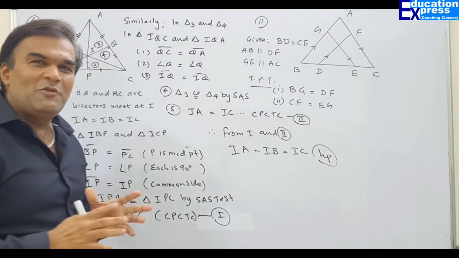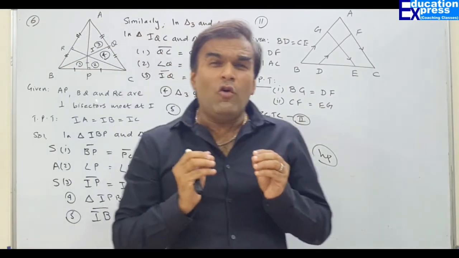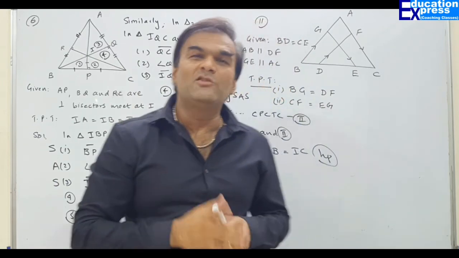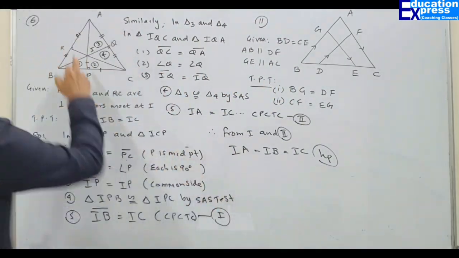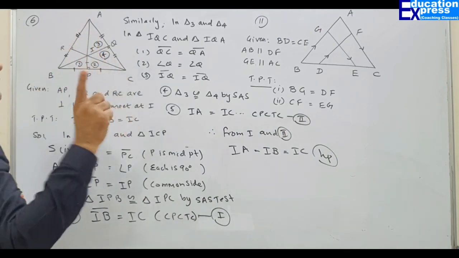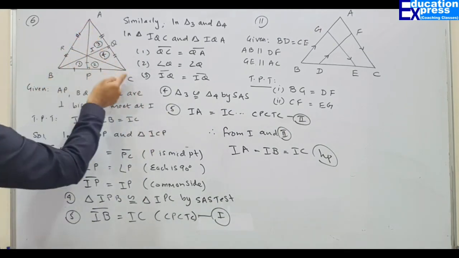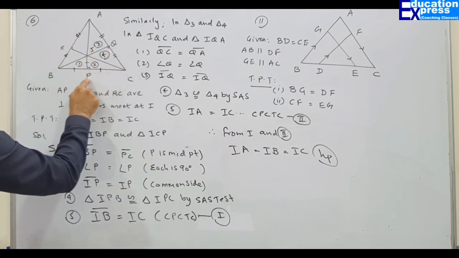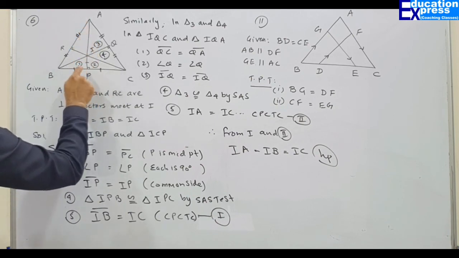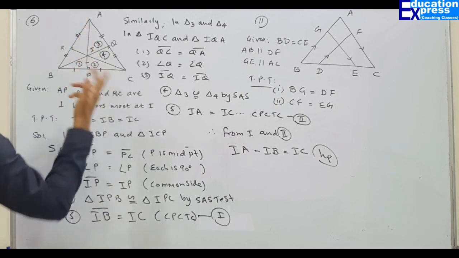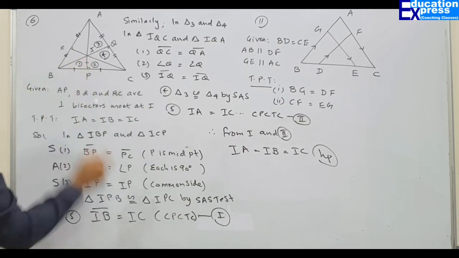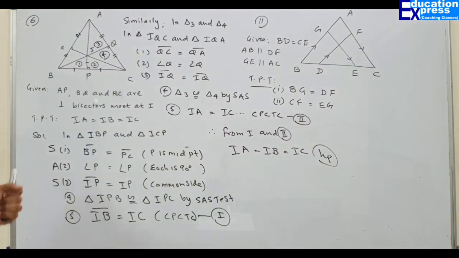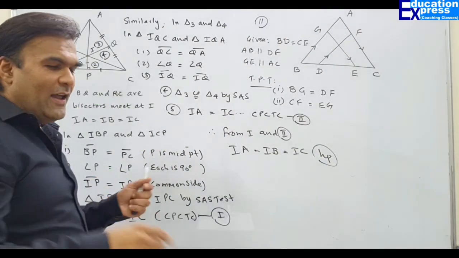So my dear friend, the question was quite simple. It was only and only proving two triangles congruent, and that too, all the obvious things were available to us. If you notice, it was given to us triangle ABC. We have to draw the perpendicular bisector from point A, from point B, from point C. Since we know in this triangle, these two sides will be equal because P is the midpoint. Why? Perpendicular bisector. This is 90 and this would be the common side. So concentrate on triangle 1 and 2. We got this. 3 and 4. We got this. If you club them together, oh yes, we got what I want. Alright, let's move on to the next question.